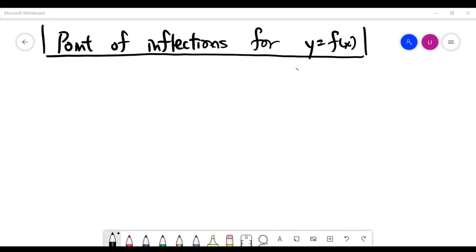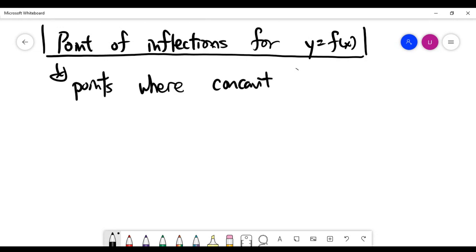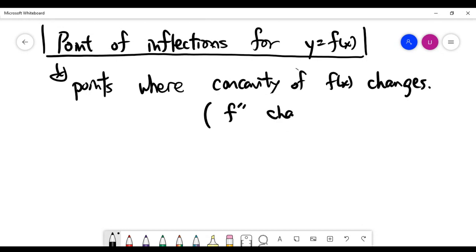So in this video, we'll look at the meaning of points of inflection on the graph of y equals f of x. By definition, points of inflection are the points where the concavity of f changes. It essentially means that f double prime changes sign, because based on the previous video, we understand that the relation between the f double prime and the graph of y equals f of x is